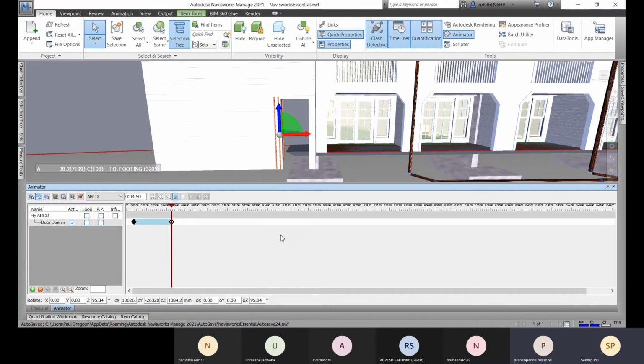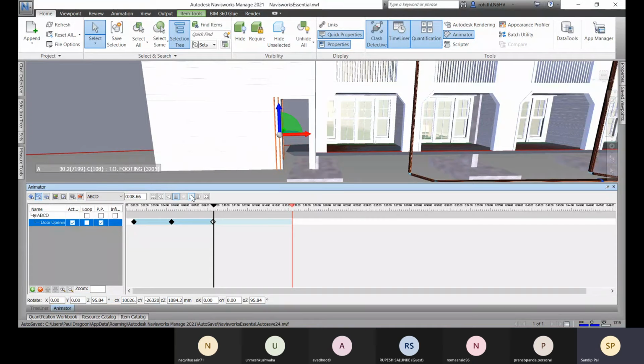Now what I'll do, I will select it, copy it, and paste it over there. After that, I will click on this PP option, which will reverse this animation. So the movement you added from this keyframe to this keyframe will be reversed.